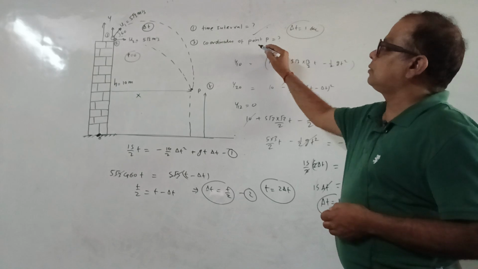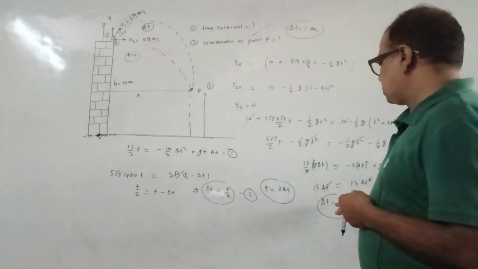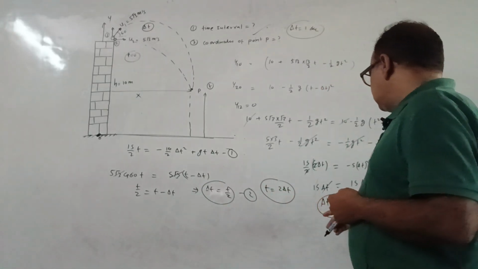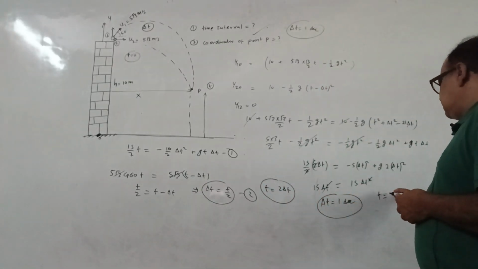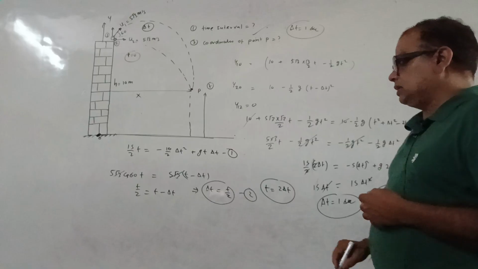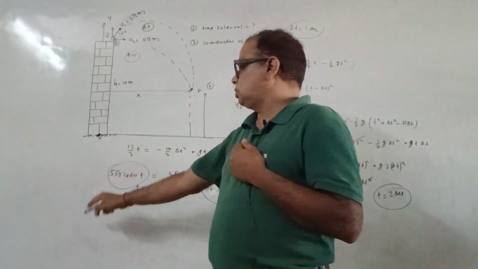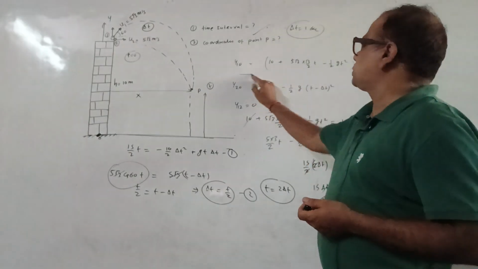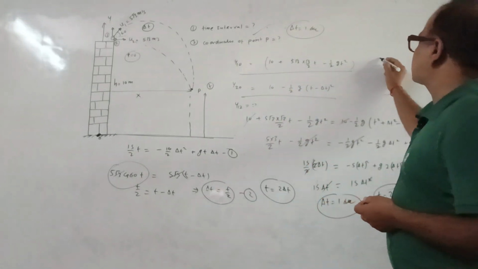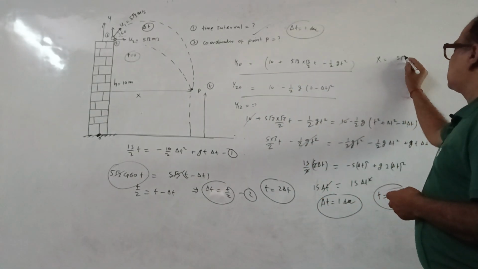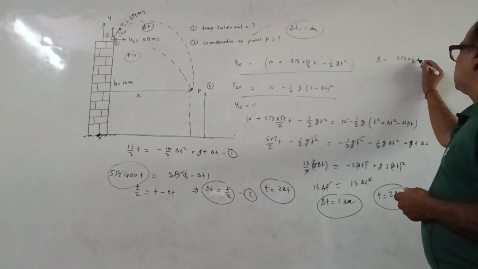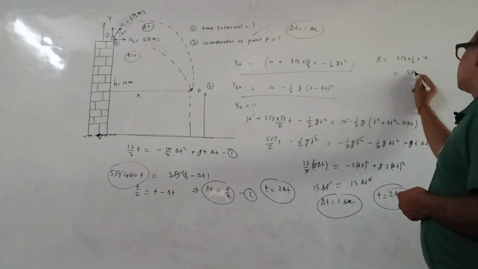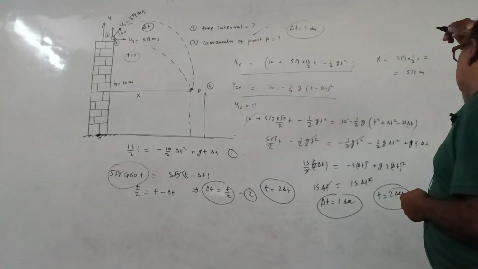Then how can we solve for the coordinates? By putting this delta t in this expression, and delta t is 1 second, what will be the t? t will be 2 second. So putting t is equal to 2 second in this we can find the x coordinate, and the y coordinate we can find either by putting in this or in this. So the x coordinate will be 5 root 3 cos 60, which is 1 by 2, and t is 2. So the x coordinate will be 5 root 3 meter.